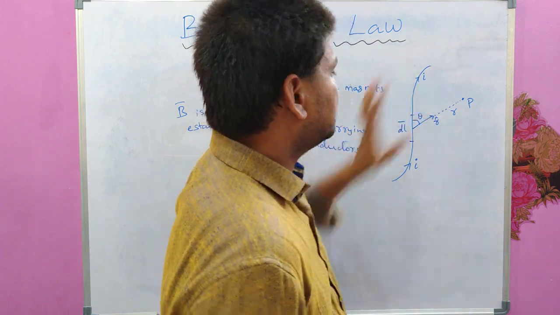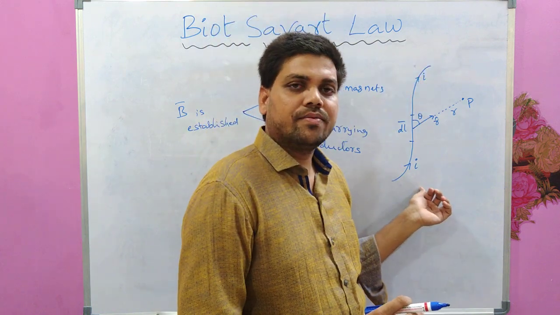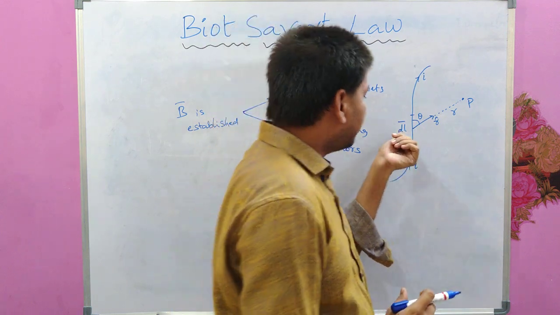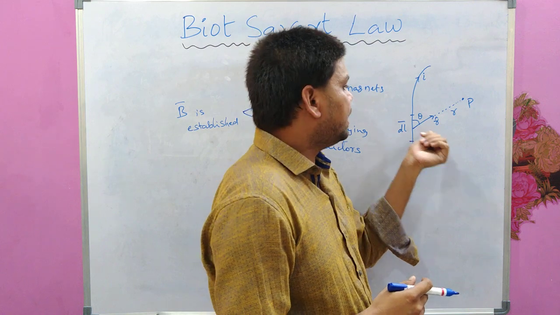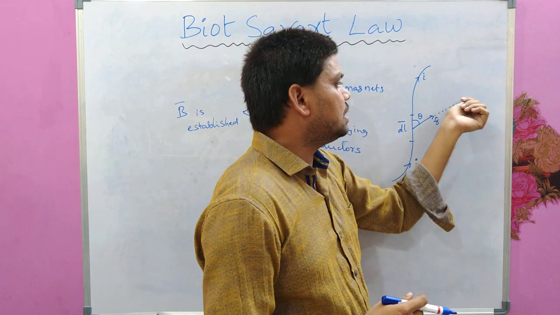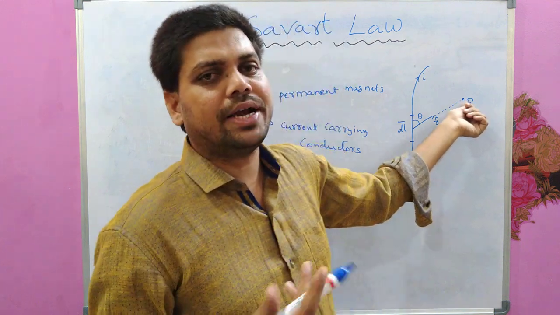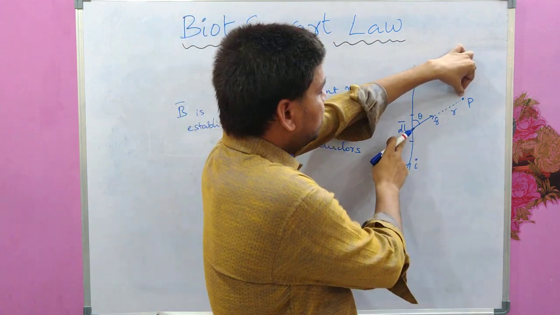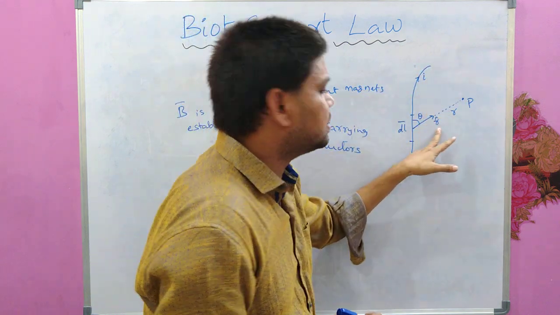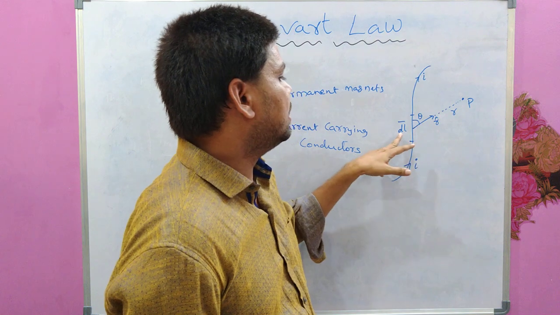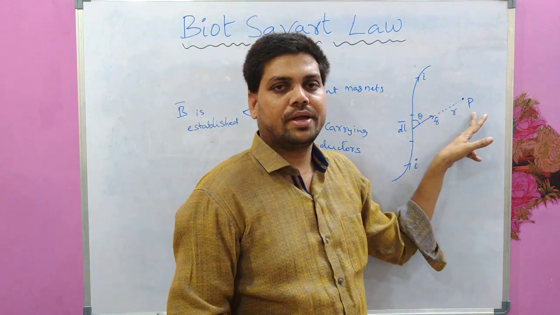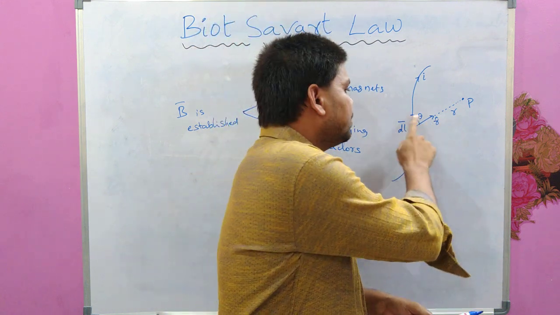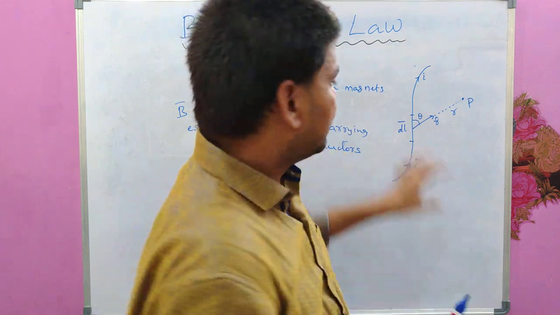So I current is flowing through this, and out of this wire, if I consider a small length element dl, and from that dl length element at a distance of small r, a point P is located, and our aim here is to find out the magnetic field at this point P, which is located at small r distance from length element dl, and r cap is the unit vector directed from length element dl to the point P. And angle theta here is the angle between this length element dl and the unit vector r cap, which is directed from dl to P.